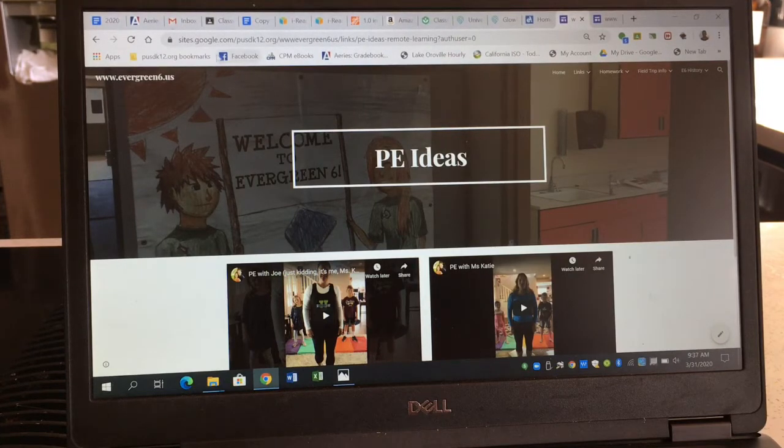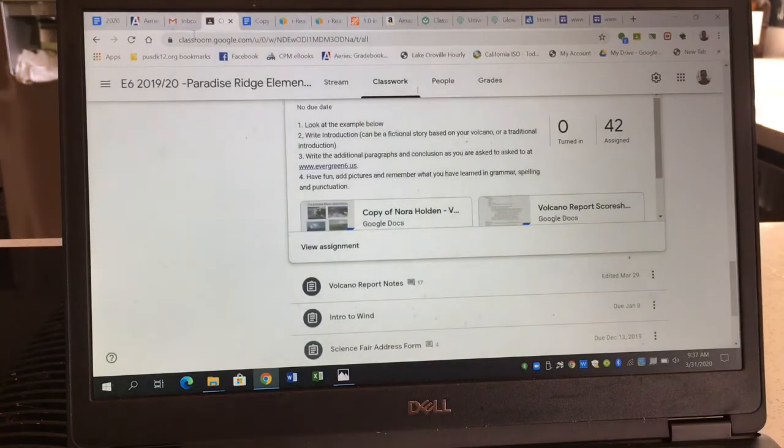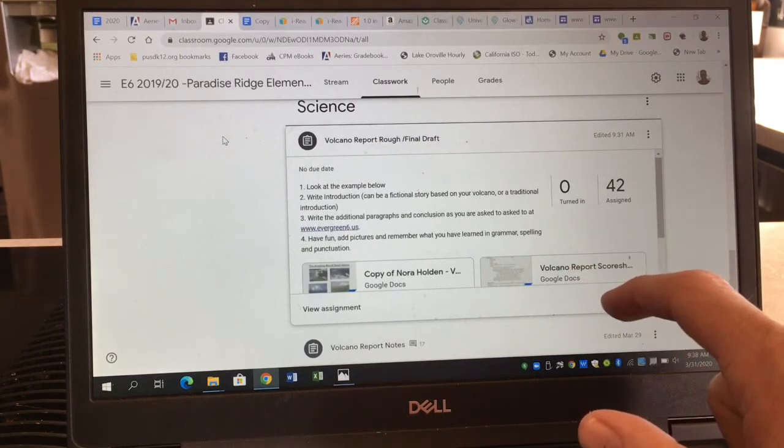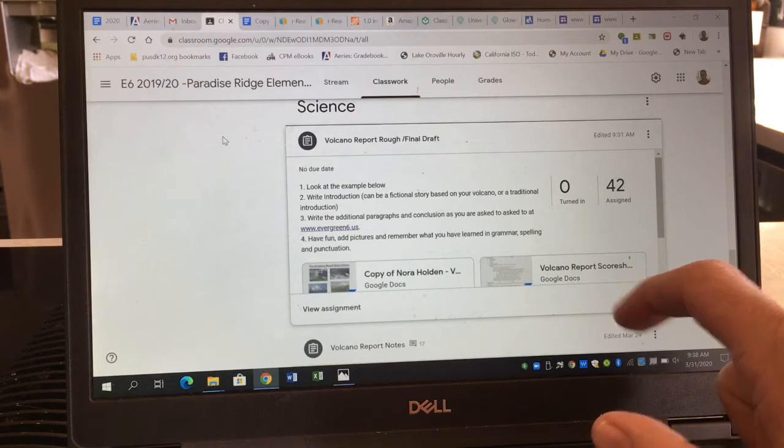I'm going to go over my volcano report work that we're doing this week. We talked about it in Zoom yesterday a little bit. Just posted the assignment, and this is not something you have to get done this week. It's just something we're starting. We're just starting the